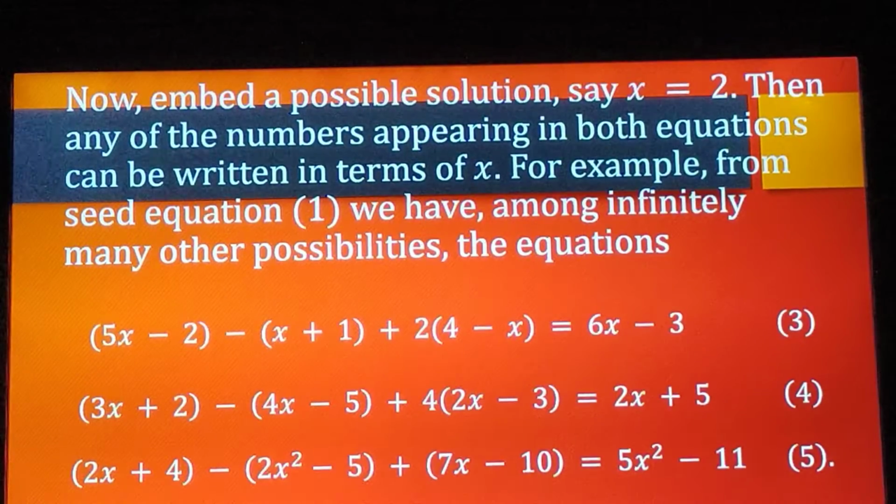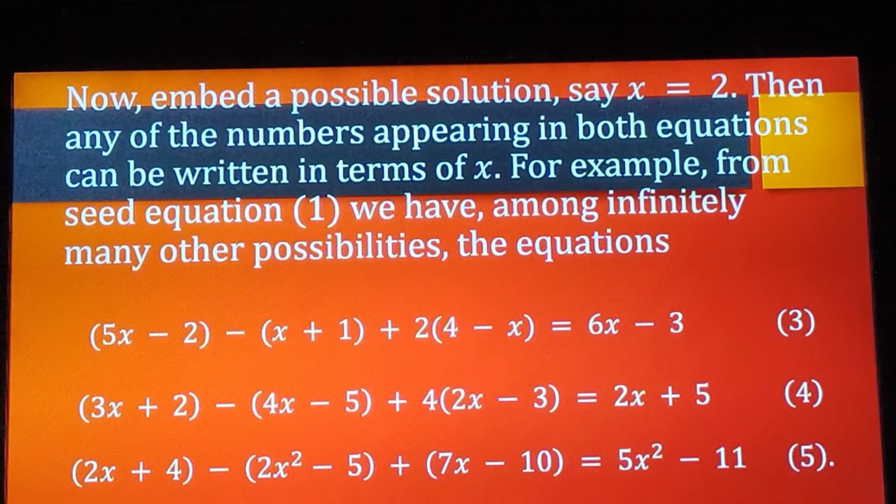Now, embed a possible solution, say x equals 2. Then any of the numbers appearing in both equations can be written in terms of x. For example, from seed equation number 1, we have, among infinitely many other possibilities, these equations, 3, 4,